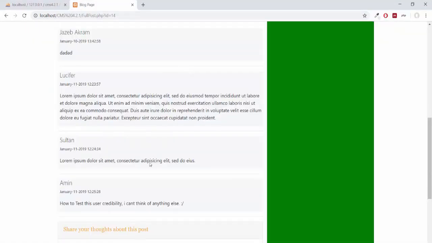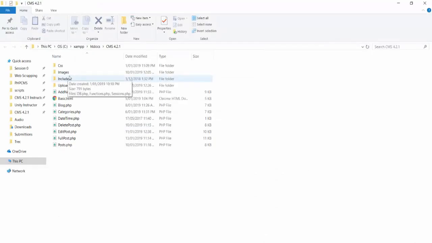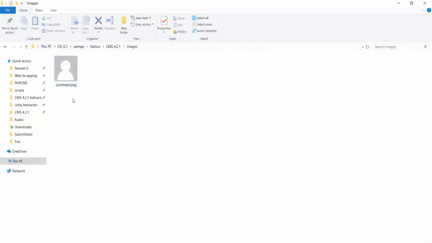Now one more thing I want to show you. In my CMS 4.2.1 folder, I have this folder images in which I added this image of comment.png. By default, I will add this image to every single comment.